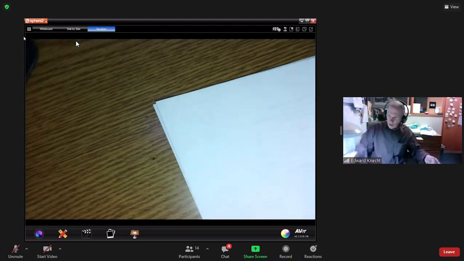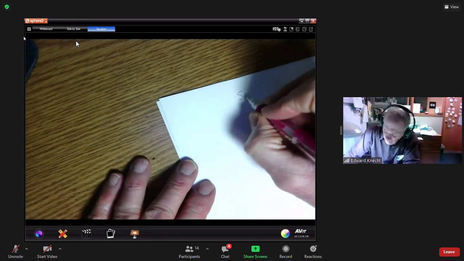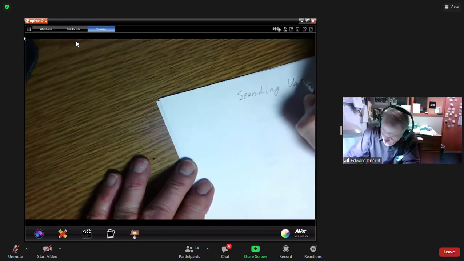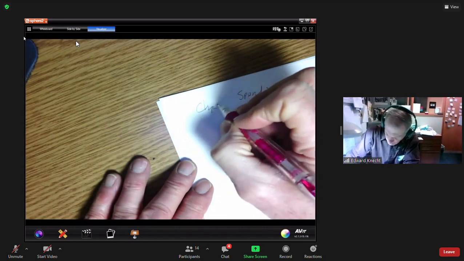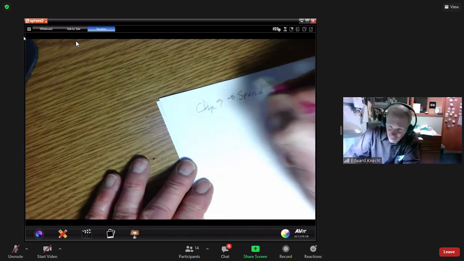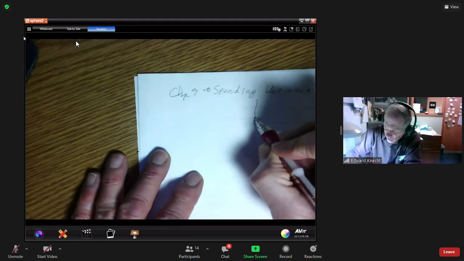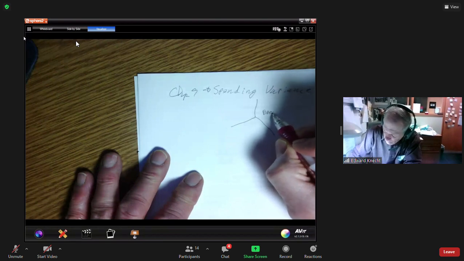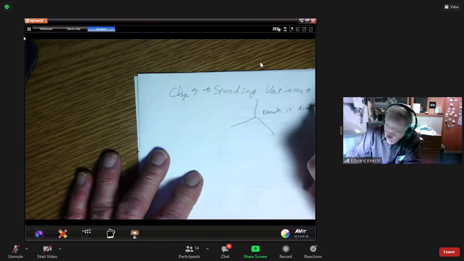Now we can get into chapter 10. Chapter 10 takes the spending variance from chapter 9. So, in chapter 9, we came up with the spending variance. Now we're going to take the spending variance and break it down. We're going to break it down into